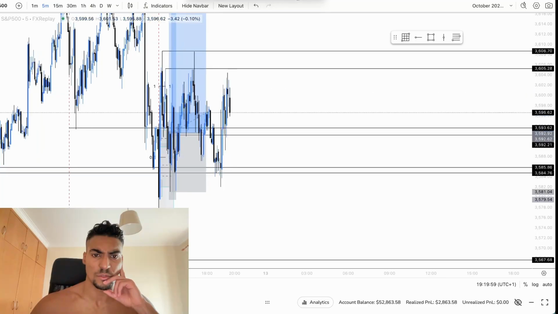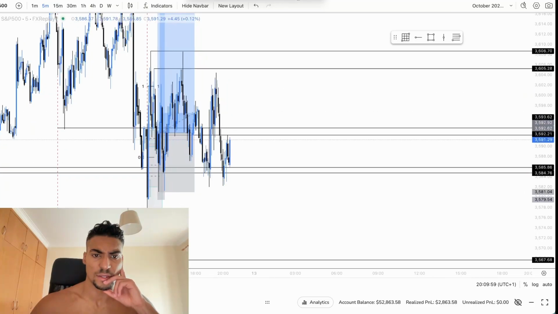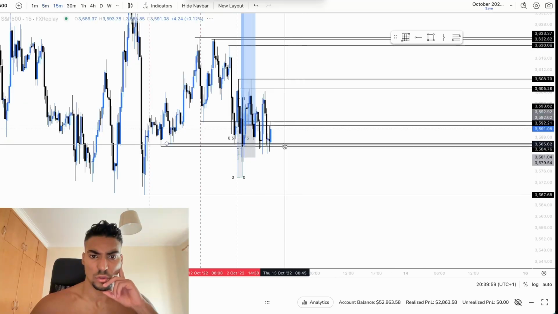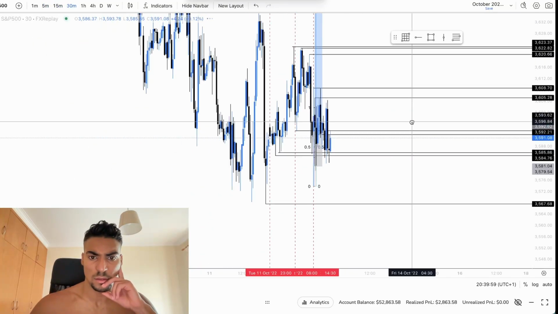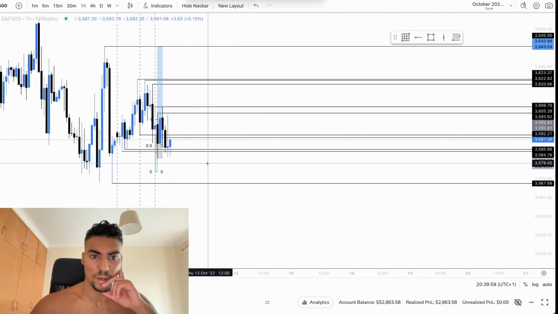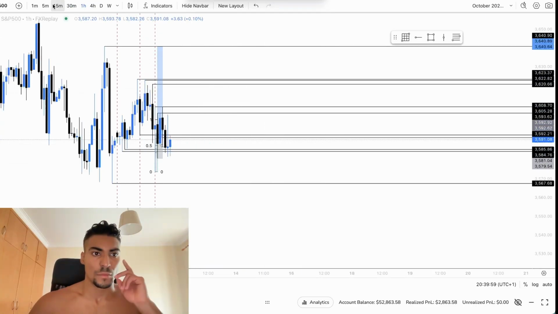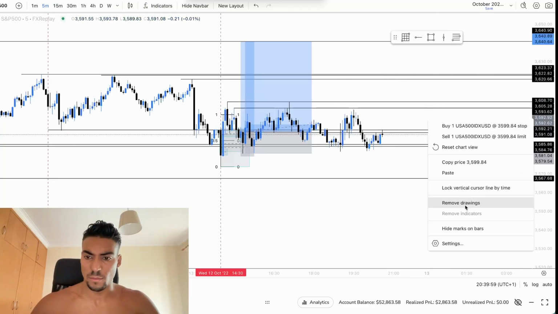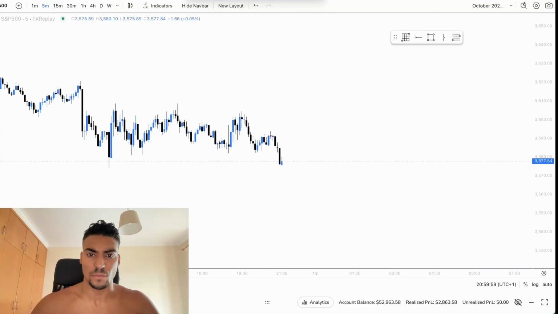But really shitty ass price action today. Look at this, just consolidation. You know, this on the 15 minutes should look super ugly, or 30 minutes. Yeah, look at this shit. You know, even in 1 hour it will look mega ugly. Yeah, it is what it is. But yeah, lost I think 500 with that. Yeah, lost 500 with that. It's okay. Let's go to the next day.